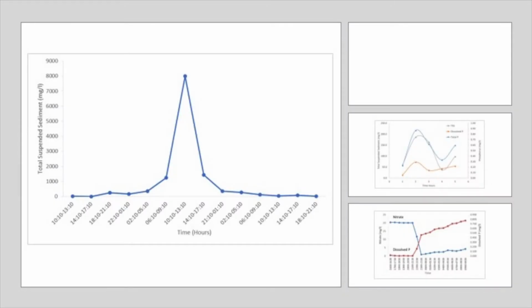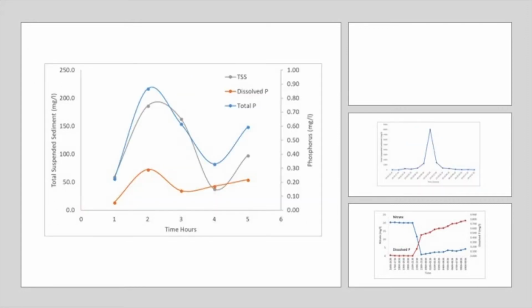And then sediment. So we have those open tile risers and tile wells. And you can see background base flow. You have a storm event. It's moving that sediment from the farm field to that pipe, to the outlet, right into that stream very quickly. And in this event, we collected a sample that was 8,000 milligrams per liter of just pure sediment. And obviously, if you're moving sediment, you're also moving phosphorus. So this is showing a graph of sediment going through that tile line, and then you can also see peaks in